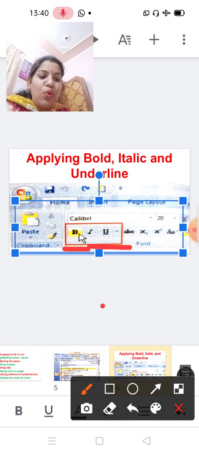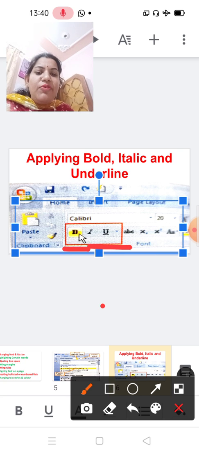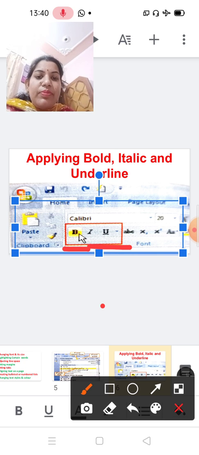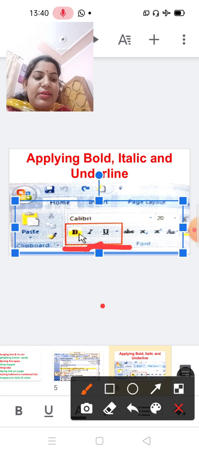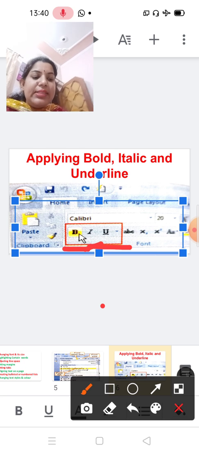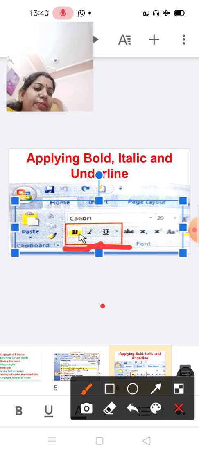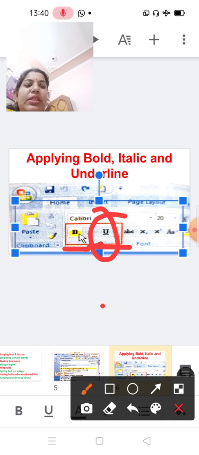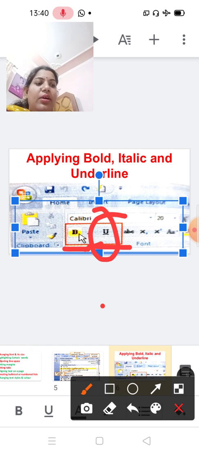Bold makes the selected text darker than the rest of the text. Italic slants the text to the right side, and underline places a line under it.